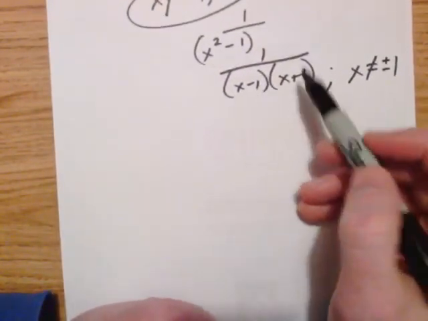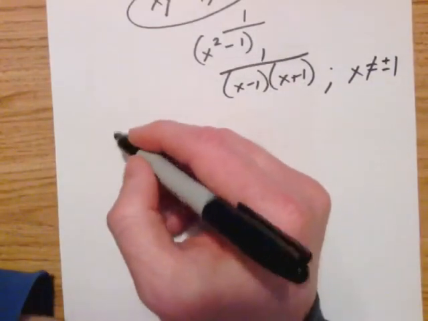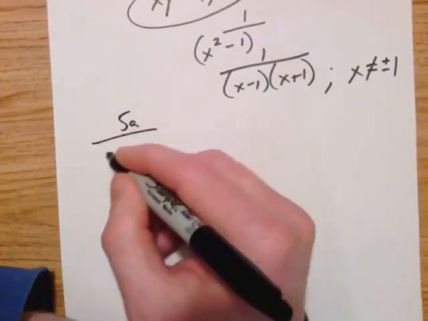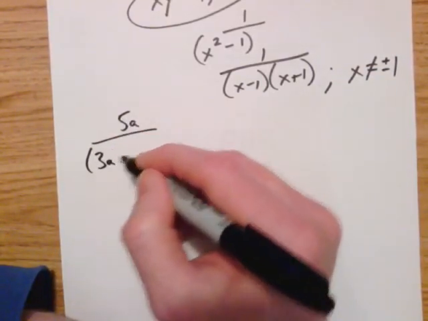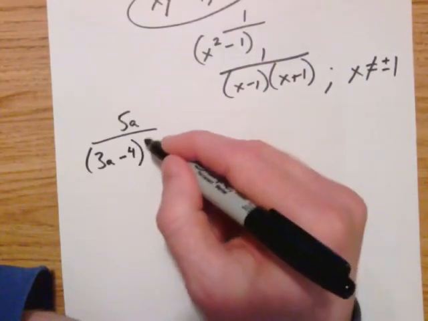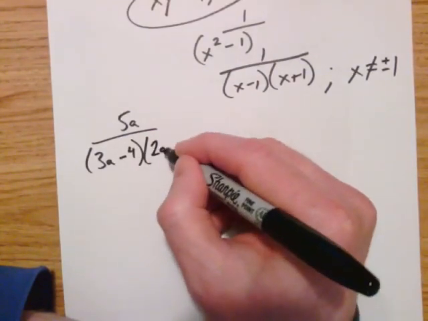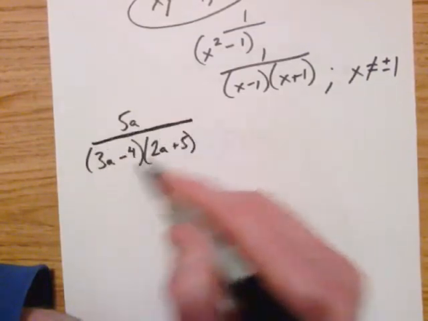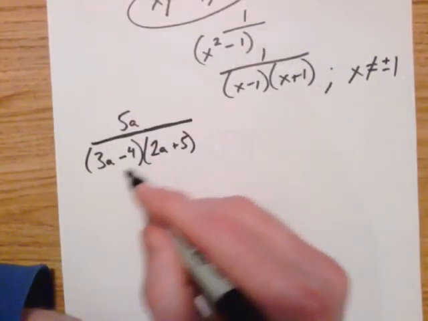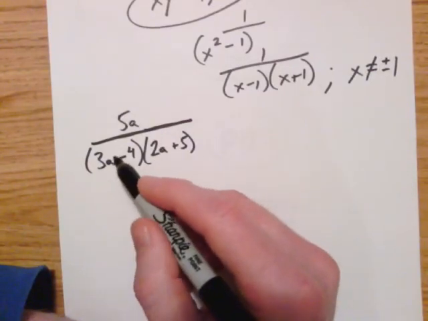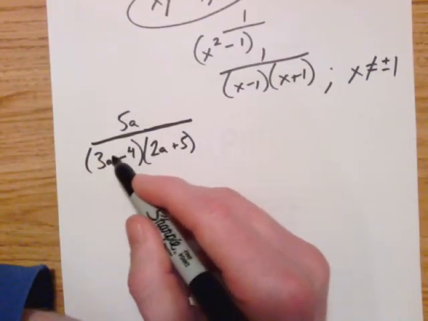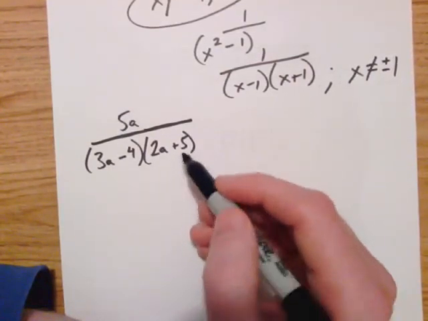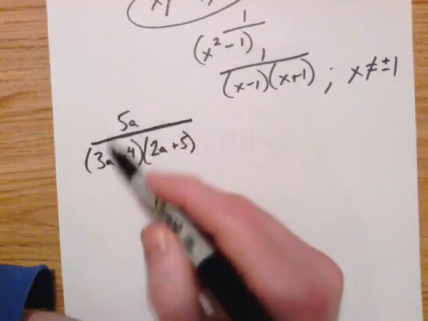As far as when we're solving, sometimes you'll get something like 5a over 3a minus 4 and 2a plus 5. Okay? Some of you look at this and you're like, yeah, I know how to do that. Some of you, this slows you down a little bit. Whatever value of a would make either of these equal 0, those are not allowed. That's not permissible. That makes it